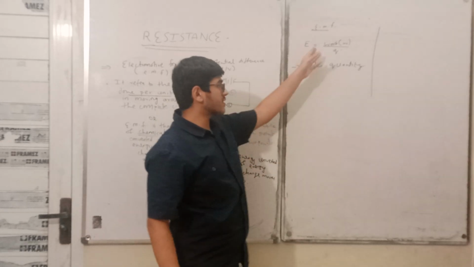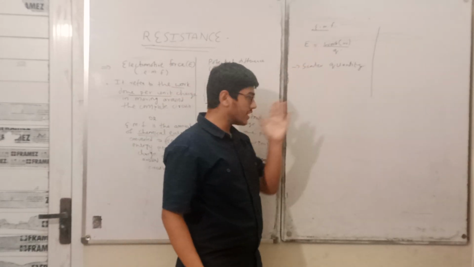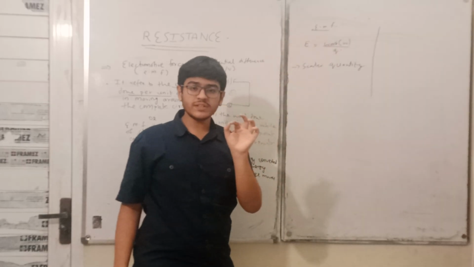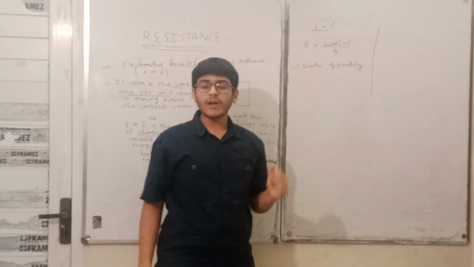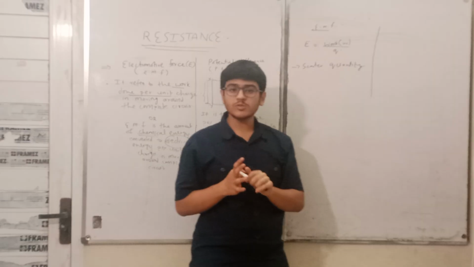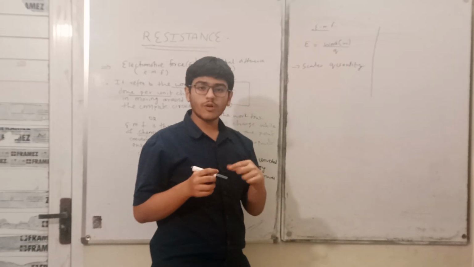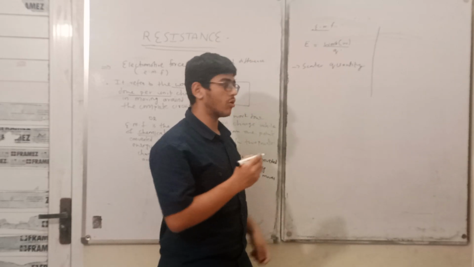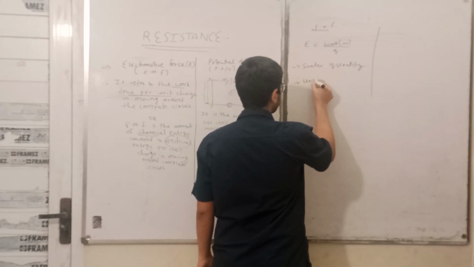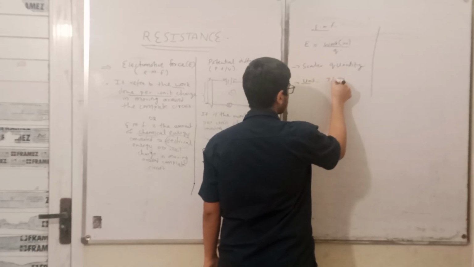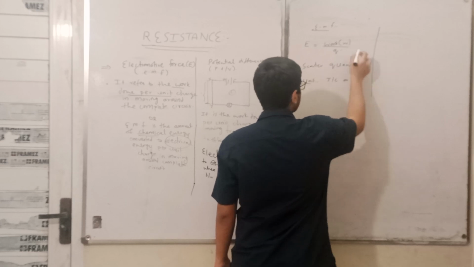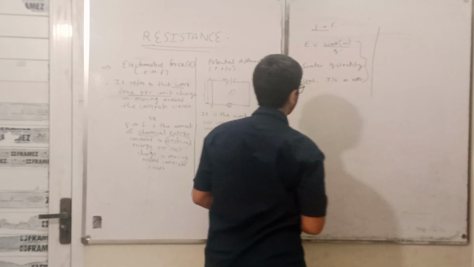And if you know the reason, that's very well. But if you don't know the reason, you can just memorize that it is a scalar quantity. Work done is a scalar quantity because it is the dot product of two vector quantities, that is force and displacement. And according to the rules of mathematics, the dot product of two vector quantities is always a scalar quantity. Its unit is joules per coulomb or volts. These all things also apply to potential difference.